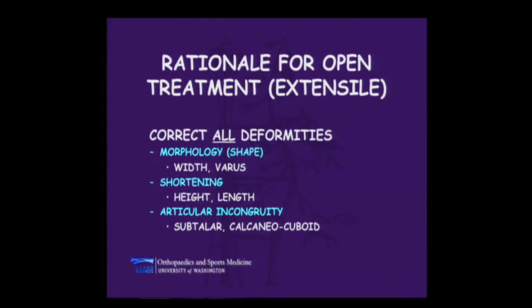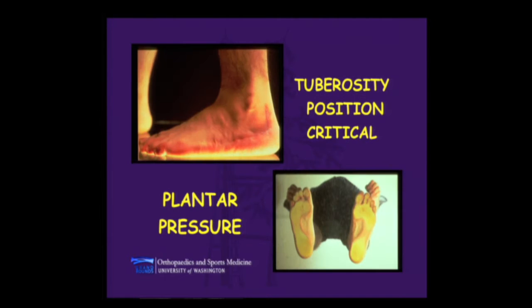investigation of this problem. The rationale for the open treatment of calcaneal fractures is essentially, one, to correct all the deformities that Tim alluded to, essentially reestablish the morphology of the bone, and that is the shortening, the articular incongruity, and in hopes that you would get optimal foot function. The tuberosity position of the foot is critical in that plantar pressure is pivotal in normal gait, whether it be running or walking, and that is essentially what initially is hitting the ground or the floorboard in a car